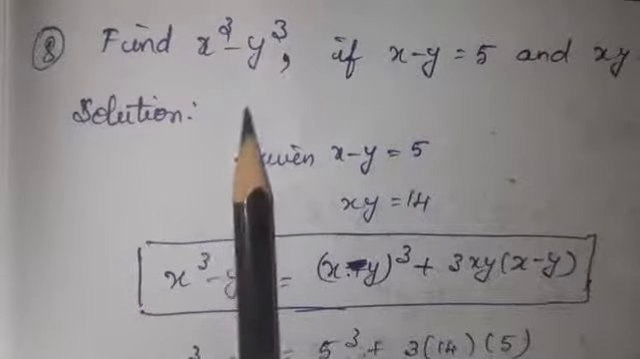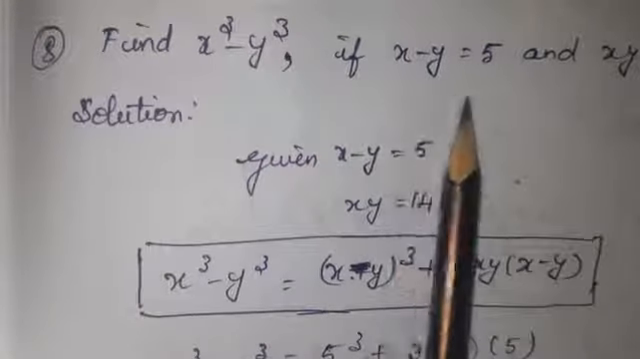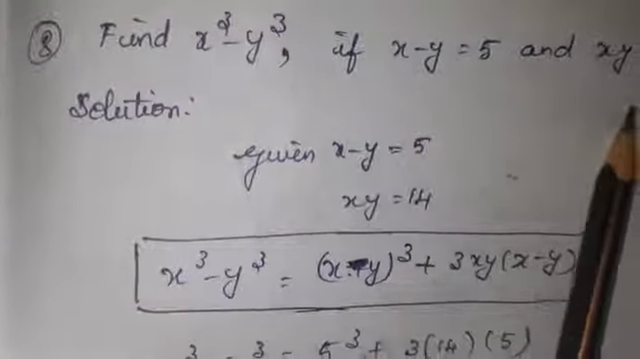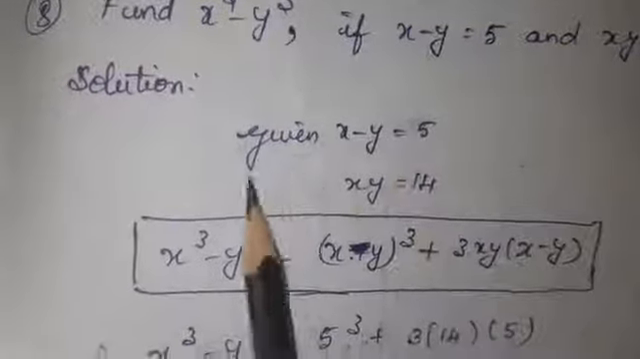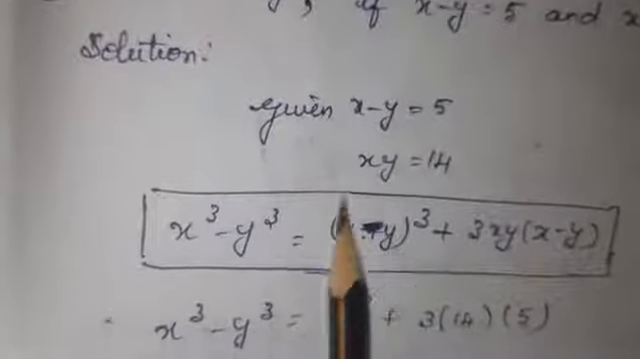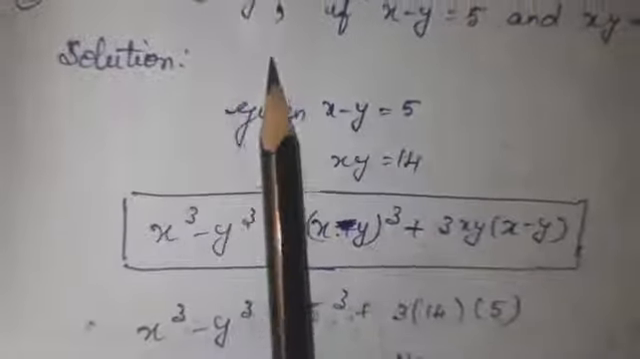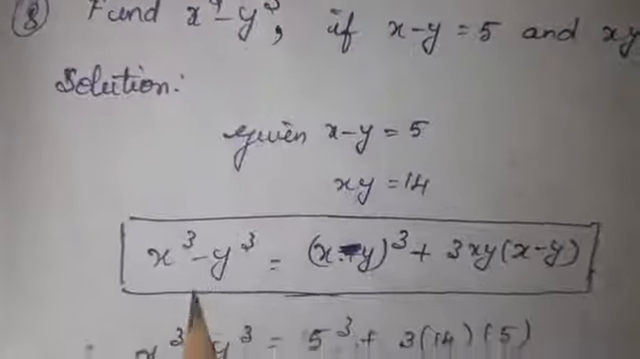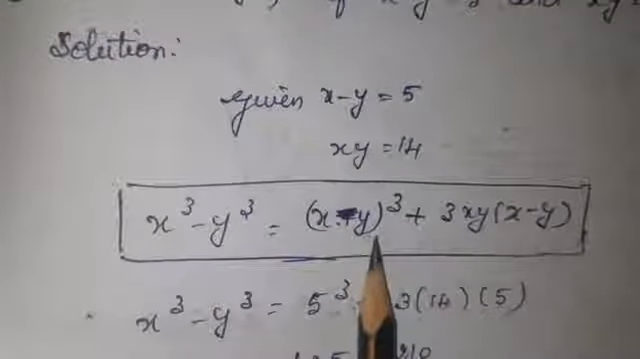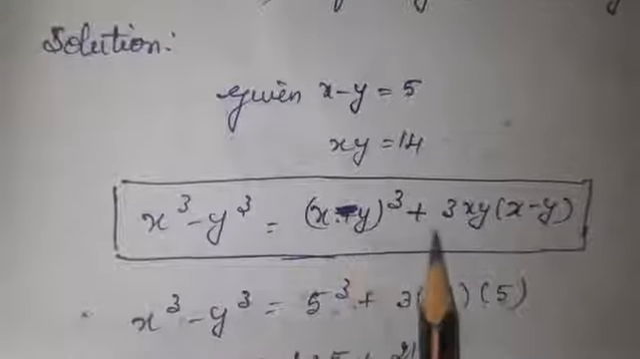Find x cube minus y cube if x minus y is equal to 5 and xy is equal to 14. This is given. In the solution, I have written what is given here. Then, what is this formula? It is a direct formula. Our question is x cube minus y cube. The formula is x minus y the whole cube plus 3xy